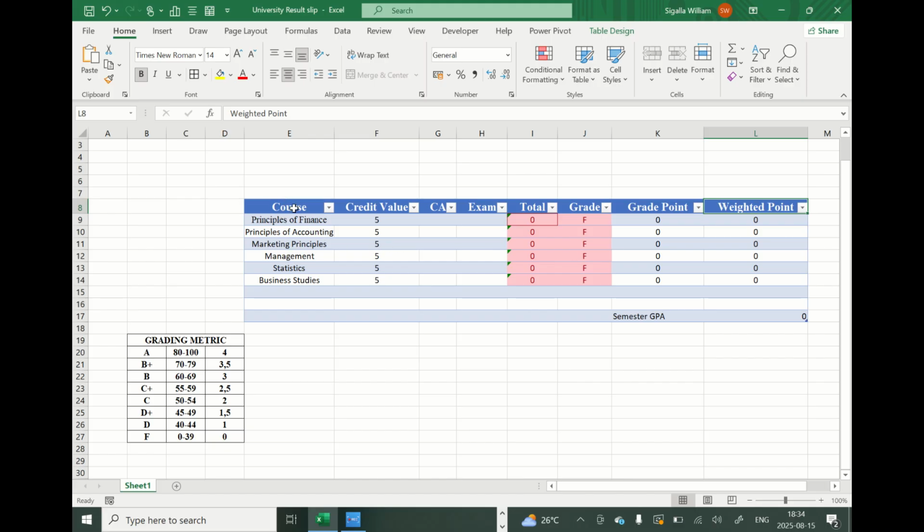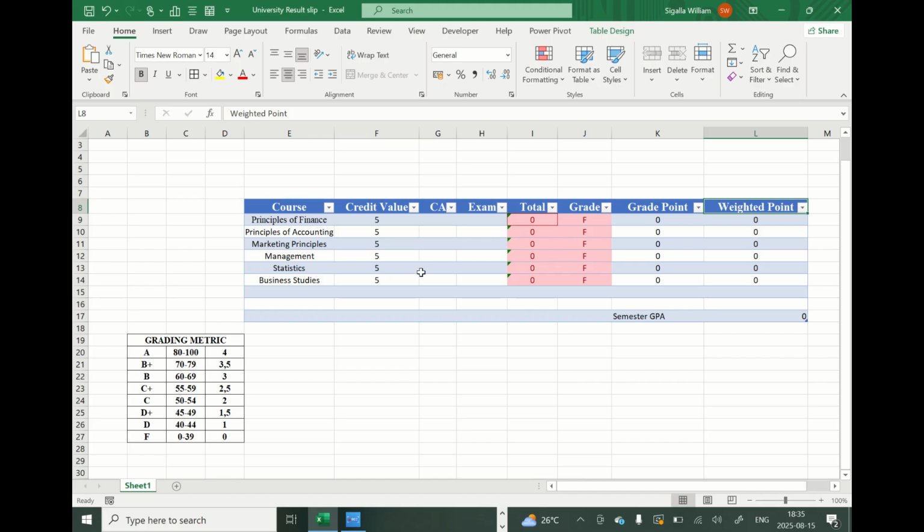Right. So for the course and the credit value, I think these are for the university to decide. They can decide to assign whatever name they want to a course, as well as the credit value for that course. Some courses might have a higher credit value, others might have a lower. But for this practical exercise, I just decided to use a unique credit value for all these imaginary courses. Right. So